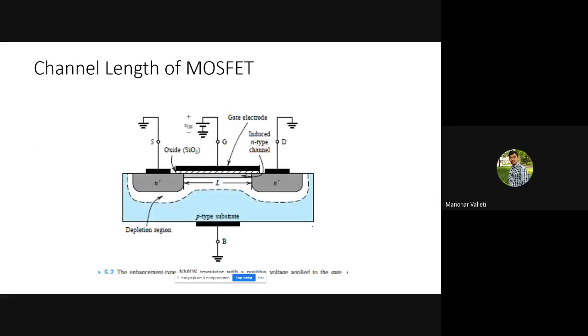If you go a little more into the details inside the MOSFET, the length of the channel is from the source to the drain, from here to here. That is the length. In our VLSI lab, we are working in 180 nanometer technology, which means the MOSFET channel length is 180 nanometer. As you know, the latest processors in your mobile phones are 14 nanometer or 8 nanometer, even 7 nanometer. That much technological advancement is there.